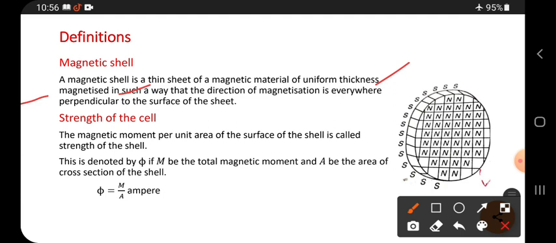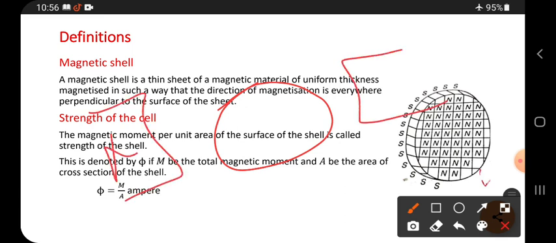So what we have to do: it is a normal material, but it belongs to the magnetic materials, meaning it can easily be magnetized. Such a material we have to take. After taking, make it a magnetic material. Making a magnetic material is called magnetizing. So we have to magnetize it, meaning we have to make it a magnetic material. For this, we have to keep this material in the presence of an electromagnet.